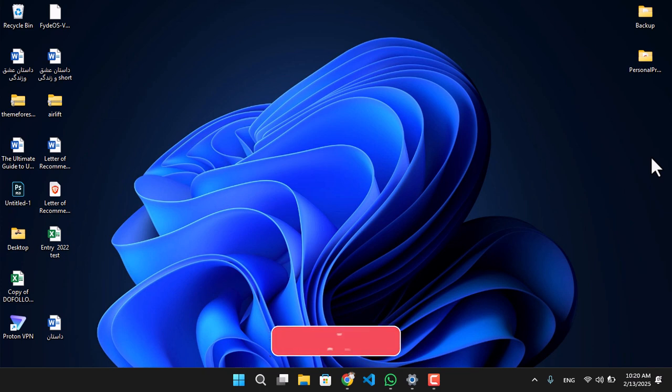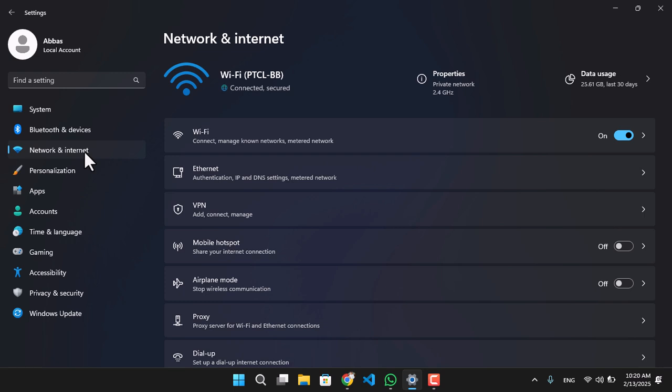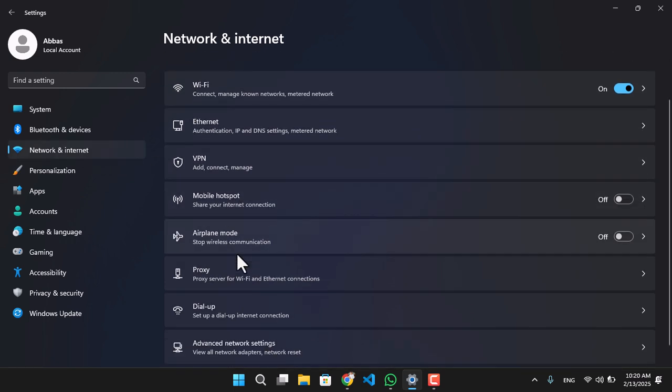Hello everyone, how to share mobile hotspot on Windows 11. Actually, if you go ahead, open up the settings app on your Windows 11 machine and then go to Network and Internet, followed by that you will see the option of the mobile hotspot. You can just simply click on it, or you can just click on this option, toggle to turn that on,